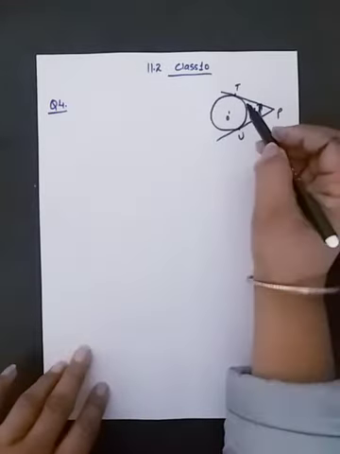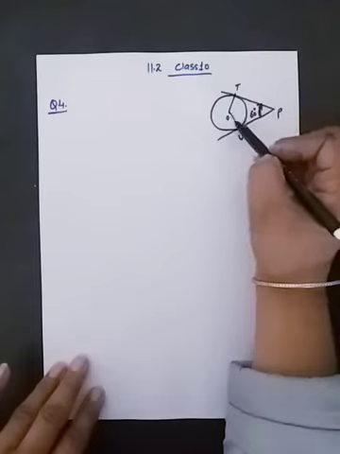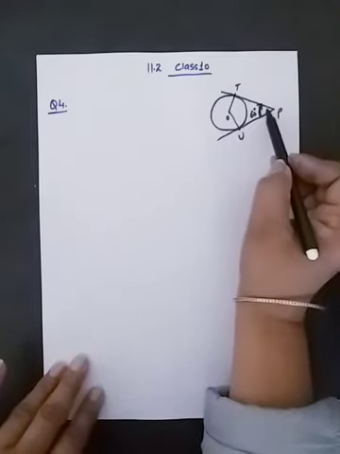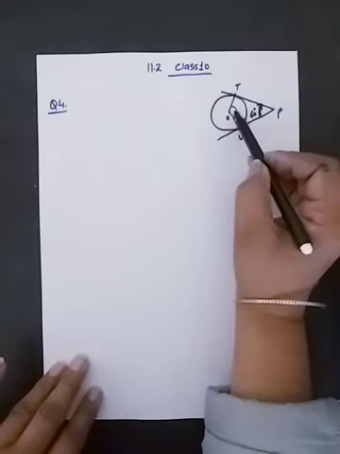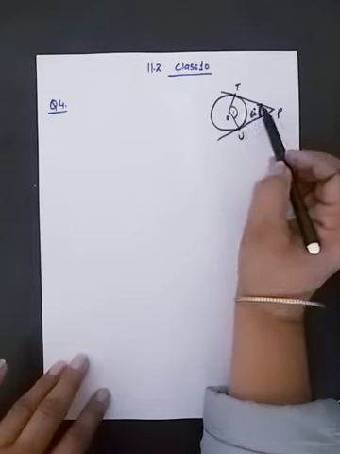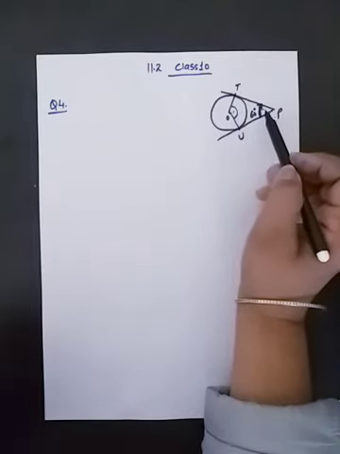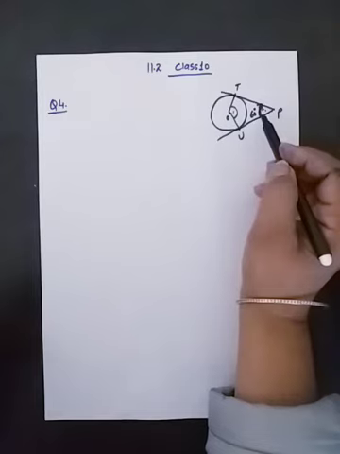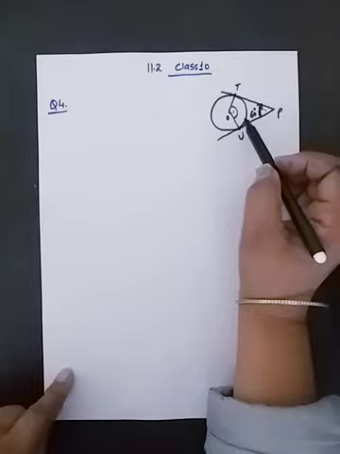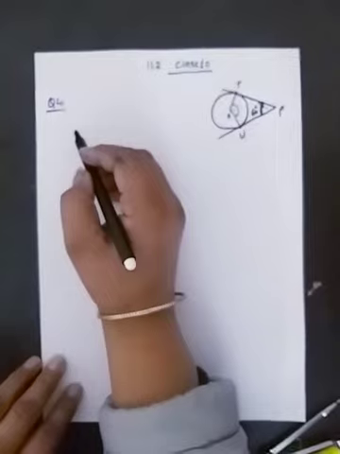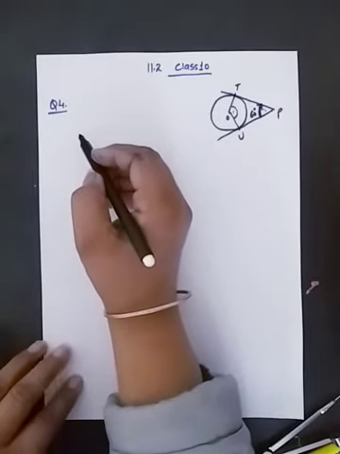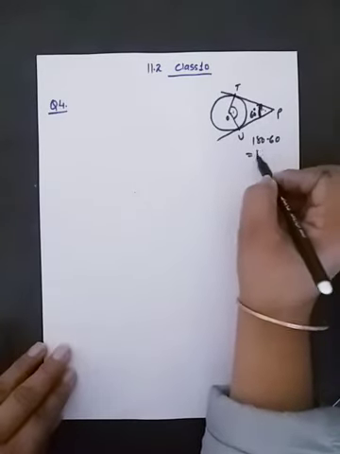And we have studied that the sum of the angle between the tangents and the angle between the radii is 180 degree, meaning इन दोनों angles का sum जो है वो 180 degree है. ये property हमने chapter 10 में पढ़ी है. तो by this property first of all we have to find the measure of angle O, central angle को हमें find करना है. So here this angle will be of 180 minus 60 is equal to 120 degree.